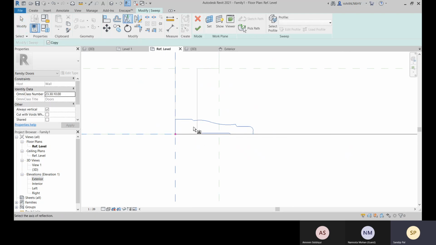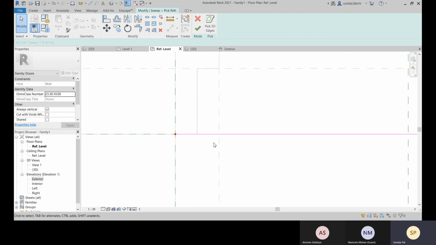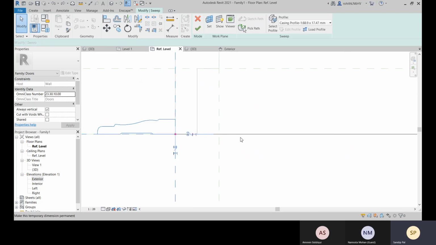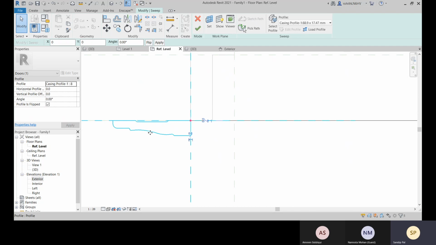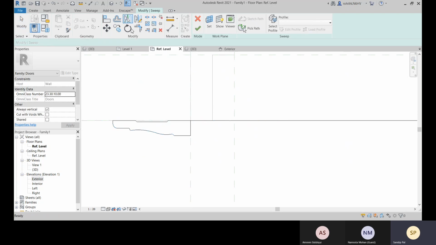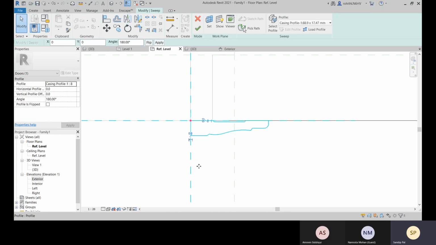Now let's do this. Select it, uncheck this copy, and then select this as a reference or the mirror axis.